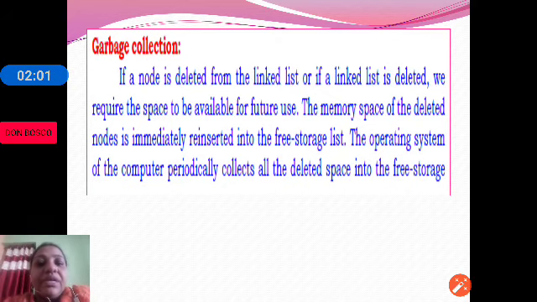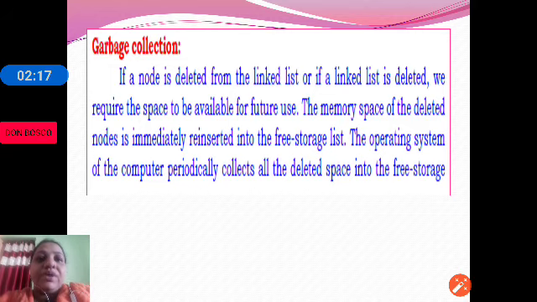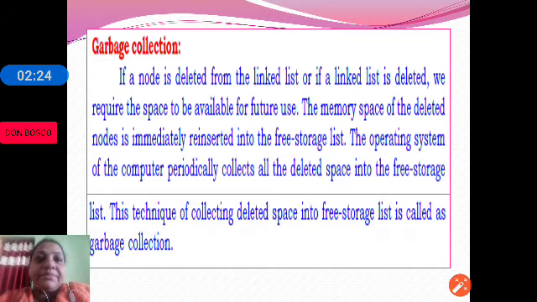Before that, let us discuss what garbage collection is. You are very familiar with garbage collection. So in computer memory also we have garbage collection.